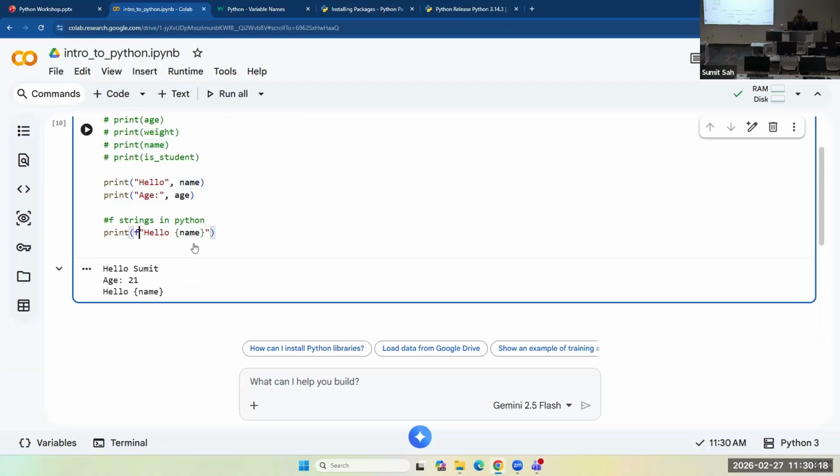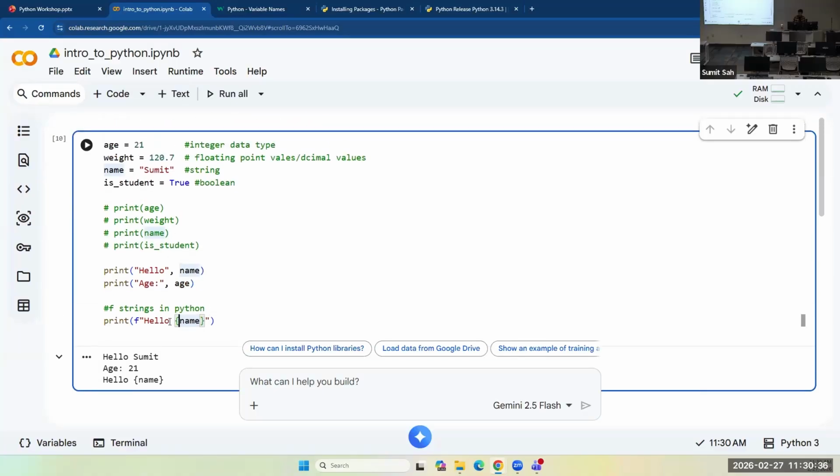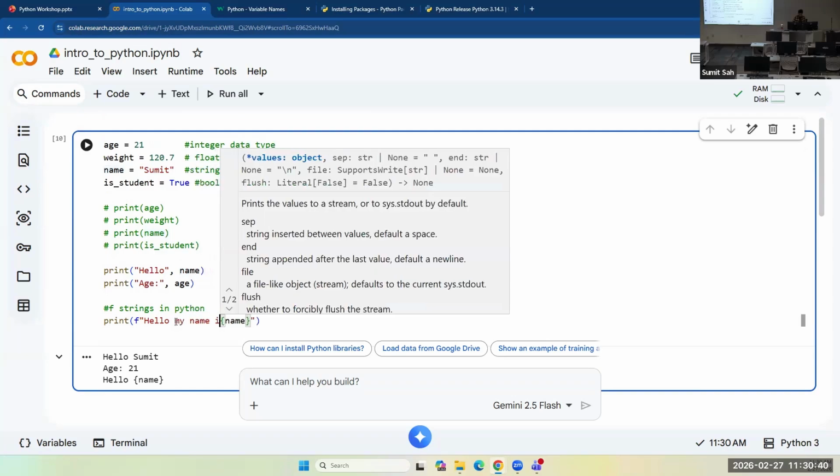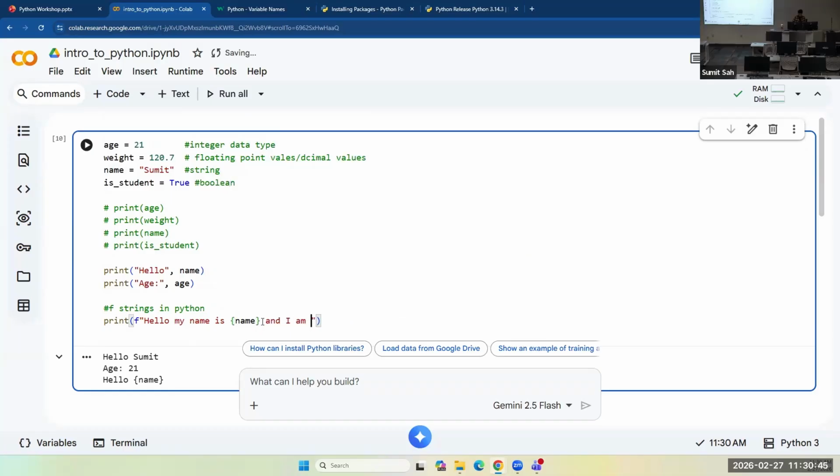But if you have an f in front of the string, and this name refers to the variable name inside the curly braces, this will fill in the blanks with whatever the variable is. And you can say, hello, my name is blank, and I am whatever the age is, years old.